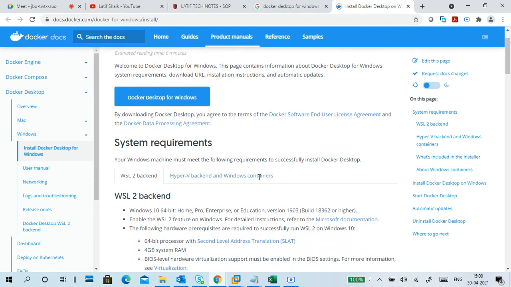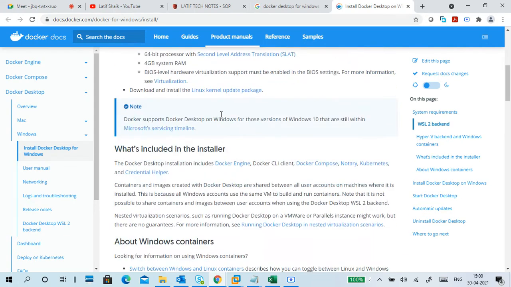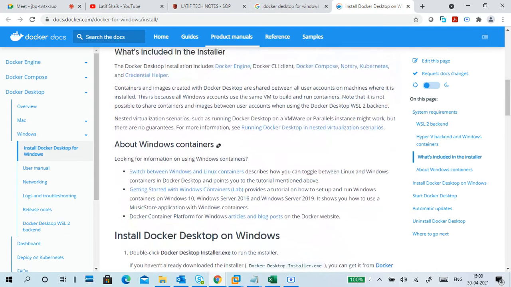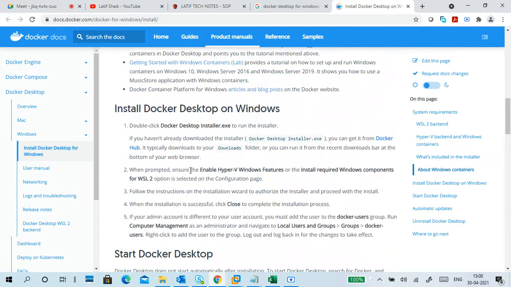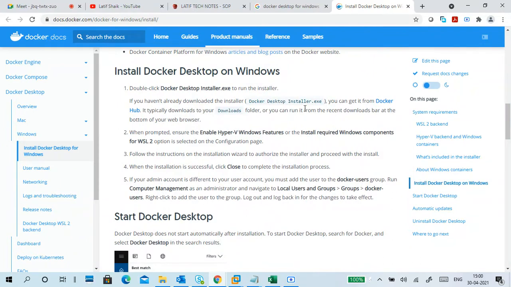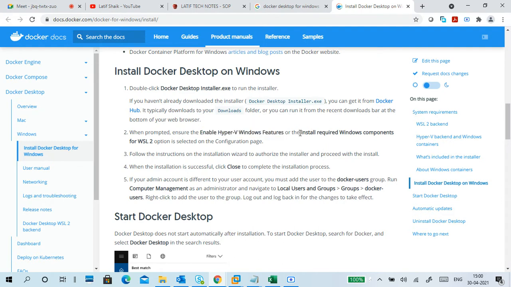Also, if you want to see the minimum requirements, I already showed the minimum requirements. The kernel update package download is also available here. You have to download this update package, then start installing. Then you have to install the Hyper-V feature or install a Windows component for this one.